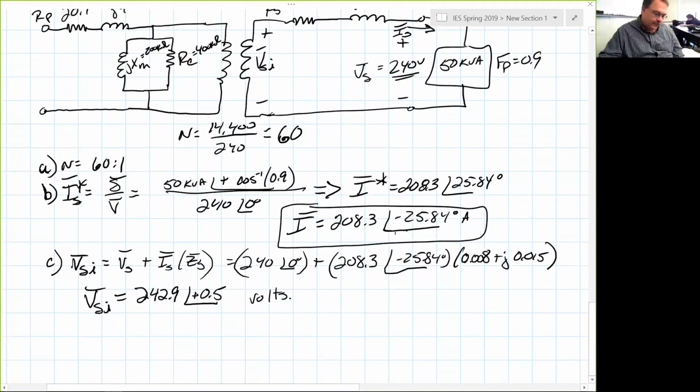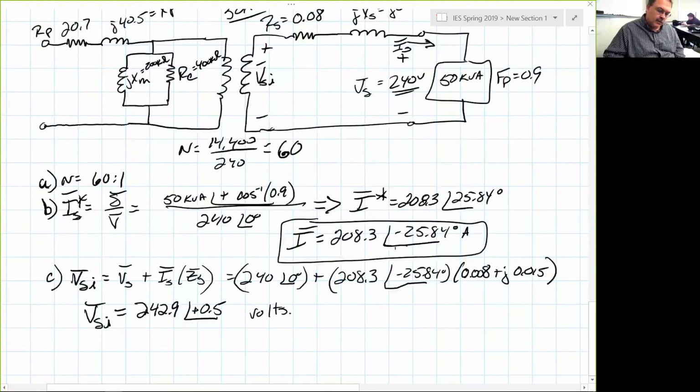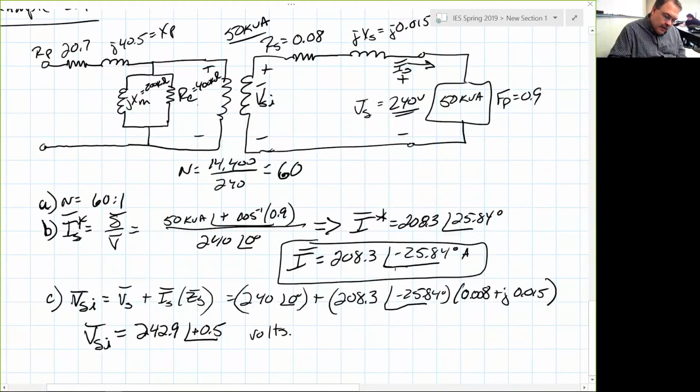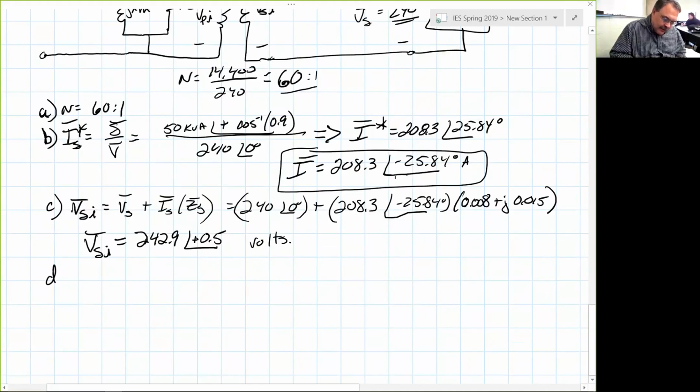Okay, great. Now we really have to invoke, let's call it V primary, V_PI. We know the turns ratio is 60 to 1, right? The induced voltage coming out of our non-ideal transformer is 242. So what has to be going in? 60 times that. It's a 60-to-1 ratio, and there's no phase shift across the transformer. So V_PI has to be equal to, let me write it as the turns ratio N times V_SI, or 60